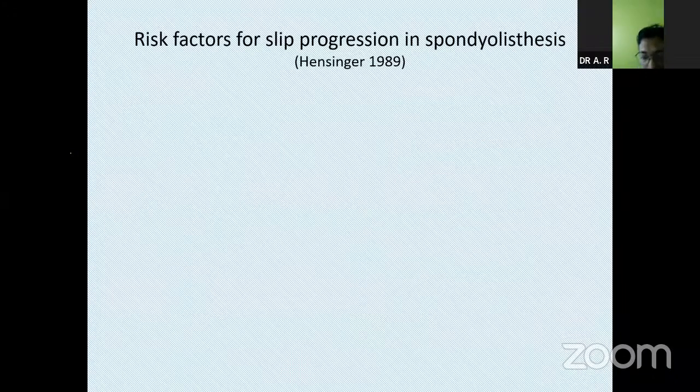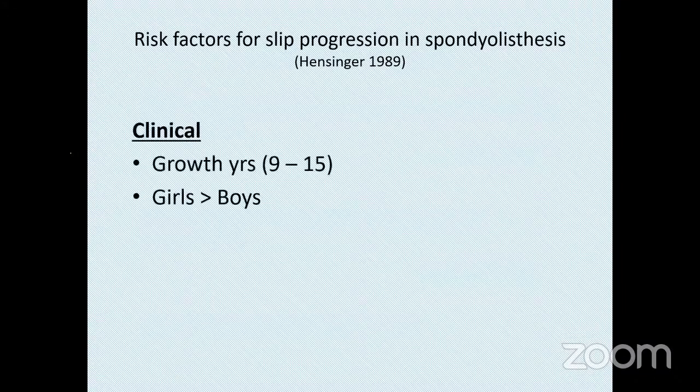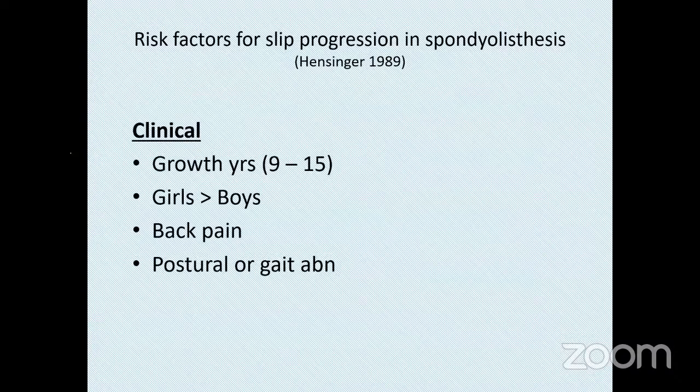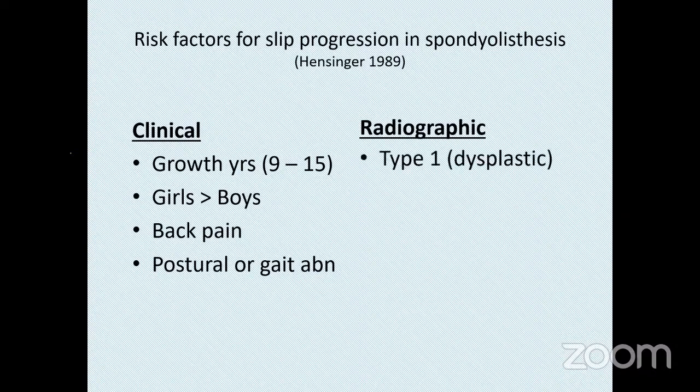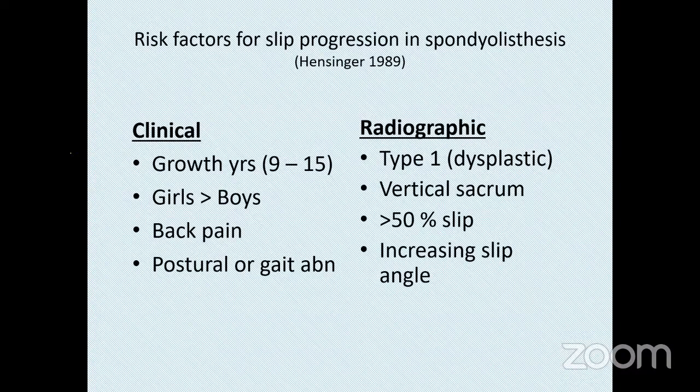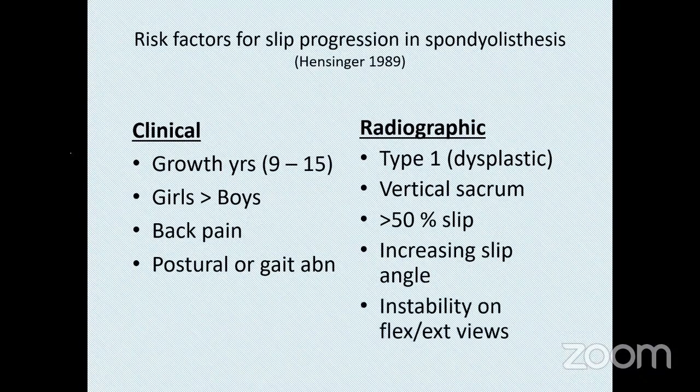So the risk factors which lead to progression of the lysis are: first noticed between 9 to 15 years, girls are more prone to have lysis, back pain is significantly present at the time of diagnosis, and those patients who have postural or gait abnormality along with lysis finding. Radiologically, type 1 dysplastic or the vertical sacrum, or the slip is more than 50%, or the slip in which the slip angle goes on increasing. These are the ones which progress, they become more symptomatic, and they are more prone to have surgical